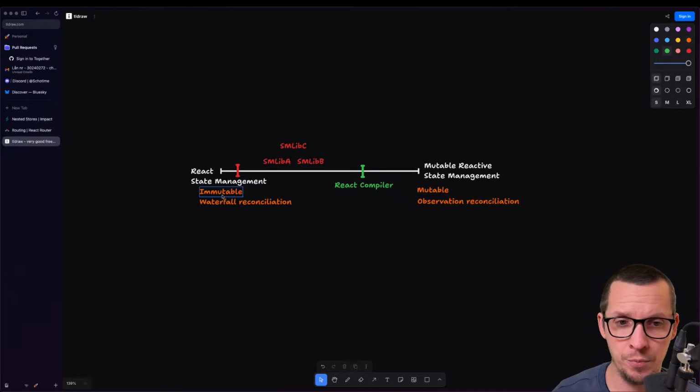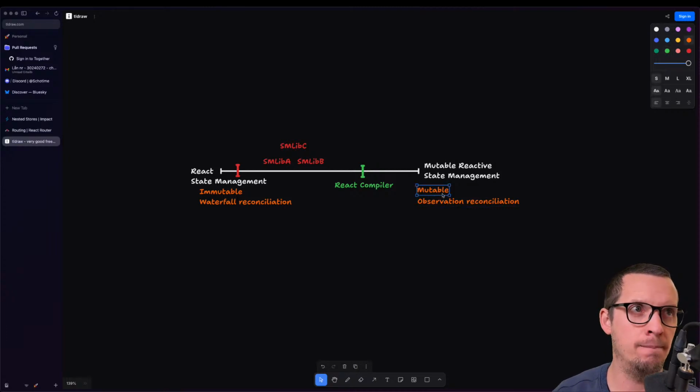You have immutable on one side and mutable on the other, waterfall reconciliation on one side and observation reconciliation on the other. And it doesn't get more performant than this.